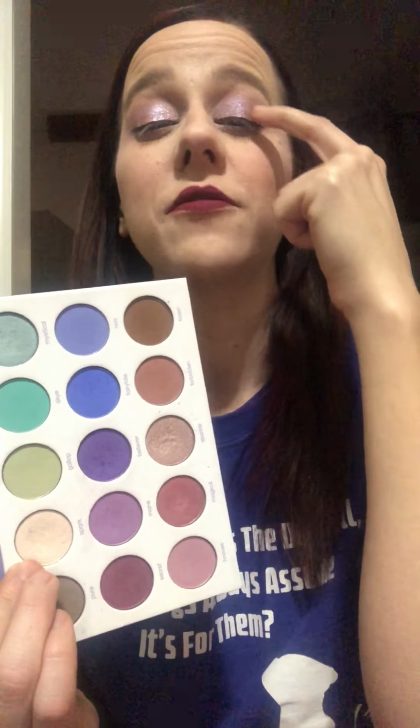And then I used my new Cover FX shimmer veil. That's what's sparkly on my eyes. I just took a little bit with the brush and put some on, and then patted it with my fingers. I will say this feels a little bit sticky when you're applying it, like to pat it. I could feel that